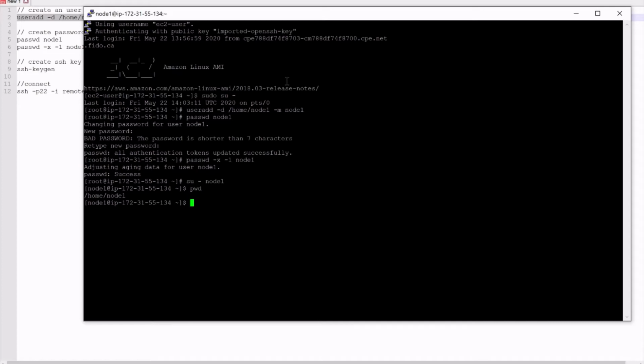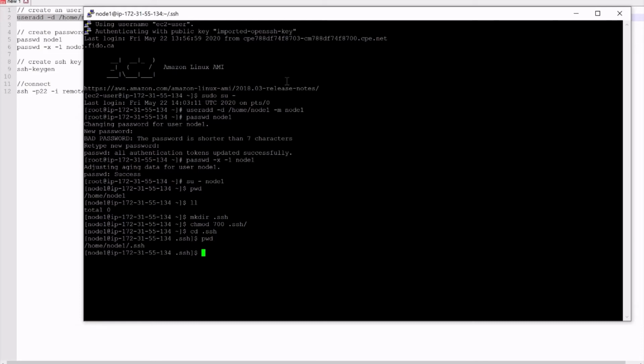Here we have to generate the SSH key first. But before that, let's see what is in this home directory. I'm just listing, and we don't have anything. So let's make one directory called .ssh. Make directory .ssh. Now you have to change the permission of this .ssh directory, that is chmod 700 .ssh. We have changed the permission. Now browse into the .ssh folder and we are here at .ssh.